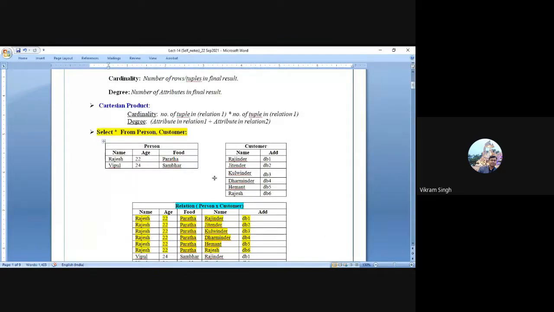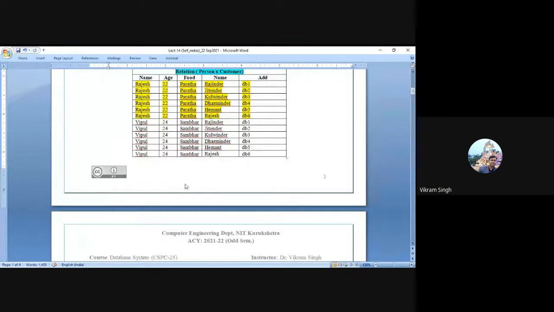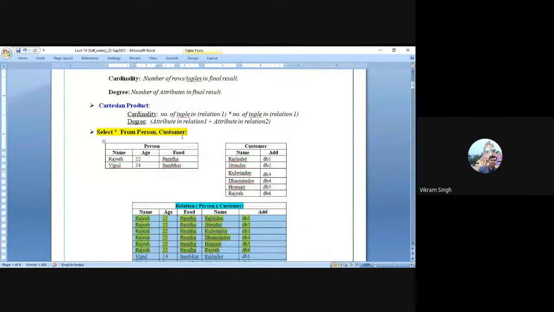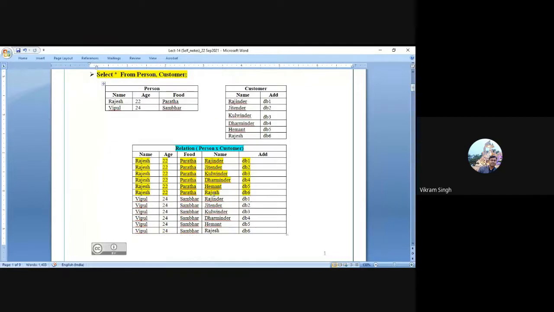Now, because the Cartesian product resulting table will not serve any purpose, will not serve any query or any data retrieval task, the solution is to have some kind of condition, some kind of logical equality, logical implication, through which you can remove those unwanted, undesired, so-called invalid tuples from the resulting table. You cannot add a condition into the from clause, because the from clause is there to list down all the database tables.